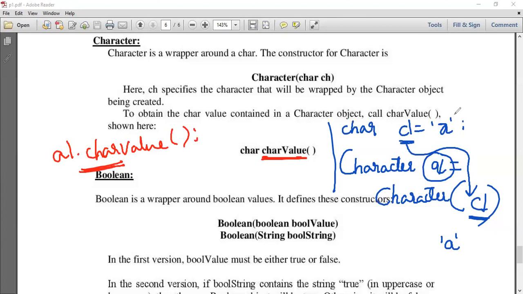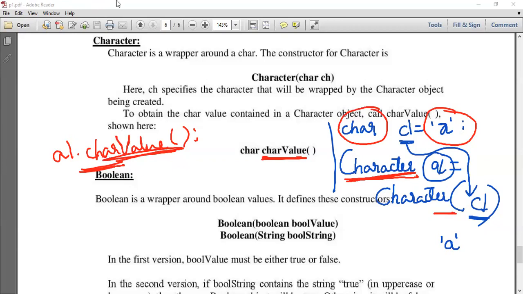And that character is this one. So this will be returned, and we can store it in a character or directly print it. So this is the use of wrapper classes, and this wrapper class only wraps the character data type. It doesn't operate on any other data type, and the method that is used to extract is this charValue. So for wrapping, we'll use the constructor. For unwrapping or unfolding, we'll use the function that is charValue.